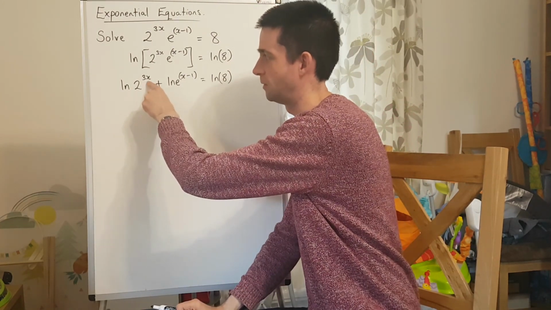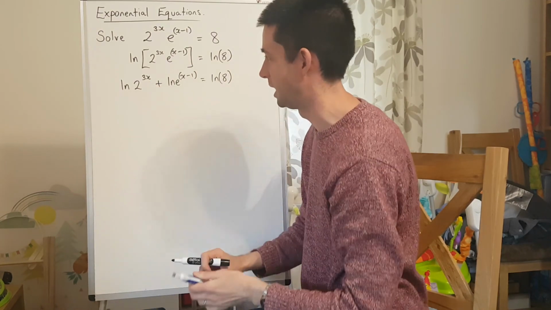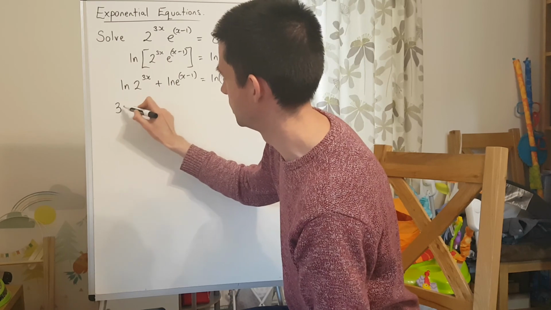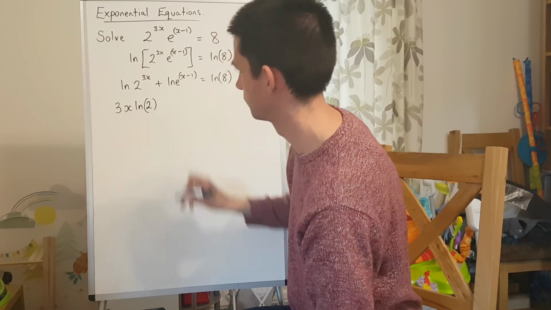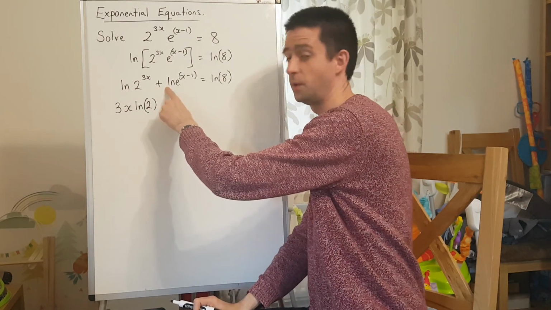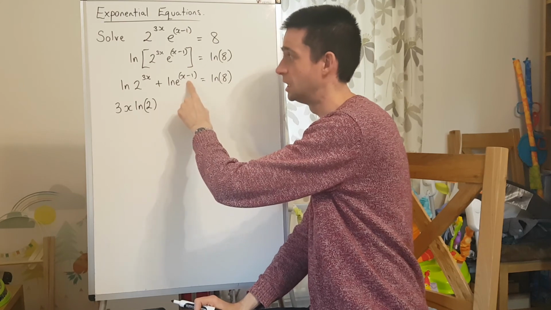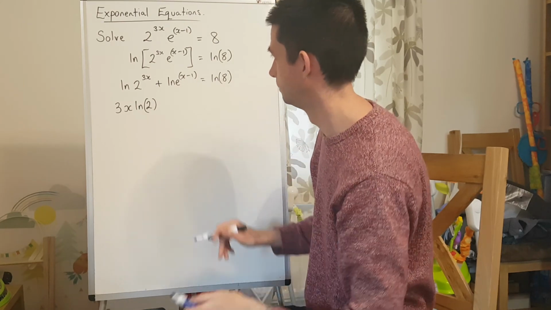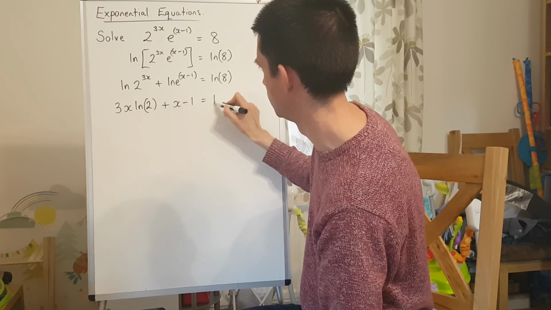Ln 2 to the power of 3x, that 3x using the powers rule of logarithms can come down to the front here. So this can now be written as 3x ln 2. Again here we've got ln e, the inverse operations cancel each other out, just leaving me with x minus 1. So plus x minus 1